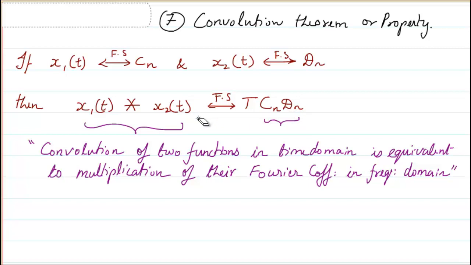Now we are not going to do the inverse Fourier series, but when we study Fourier transform, we have to do Fourier transform, inverse Fourier transform. Similarly, Laplace transform, inverse Laplace transform. Z transform, inverse Z transform. So in all those cases there is an inverse form also. So we don't do convolution, instead we take the transform of x1 and x2, multiply those two transforms, and then do an inverse transform, and get the answer.